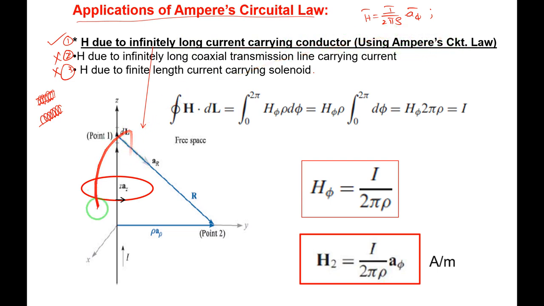This diagram we are familiar with, right? The infinitely long conductor is placed along the z-axis from minus infinity to plus infinity. The x-axis is here, the y-axis here, and we'll consider the field point here where we want to find the magnetic field, and let us call this point 2. This is the infinite conductor. We will consider only a small differential current element dl. This is the source point, we'll call it point 1. From source point to field point, the distance is vector r and the unit vector is a_r.